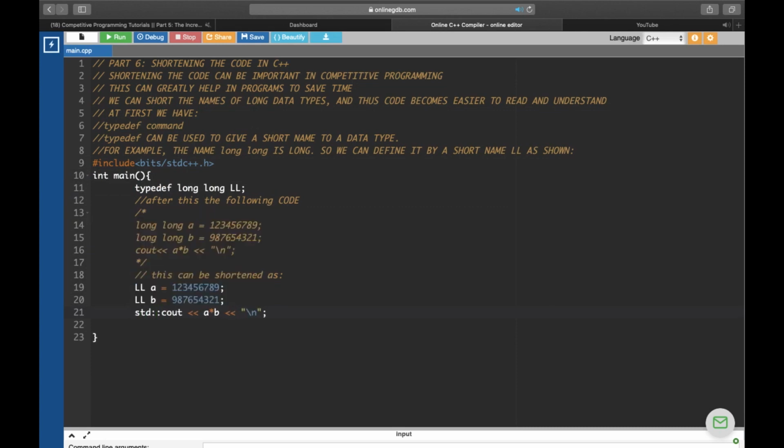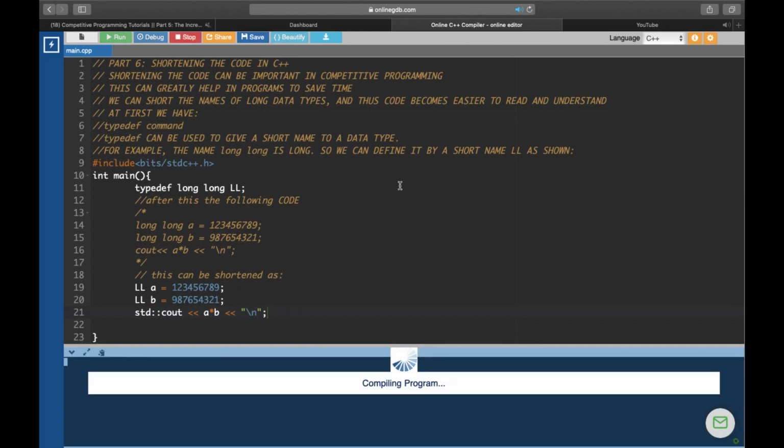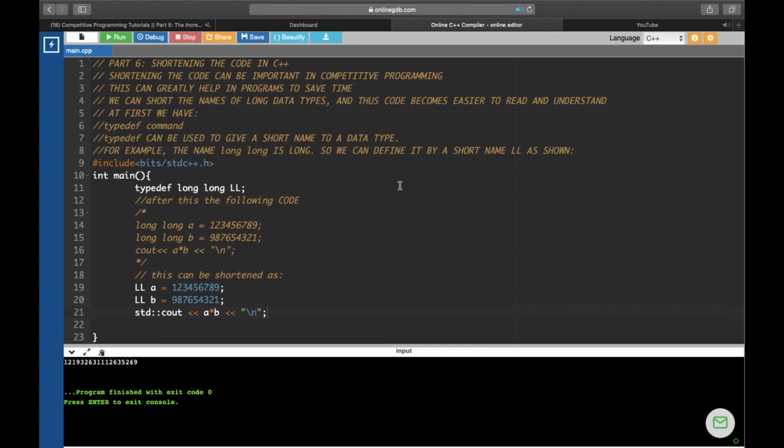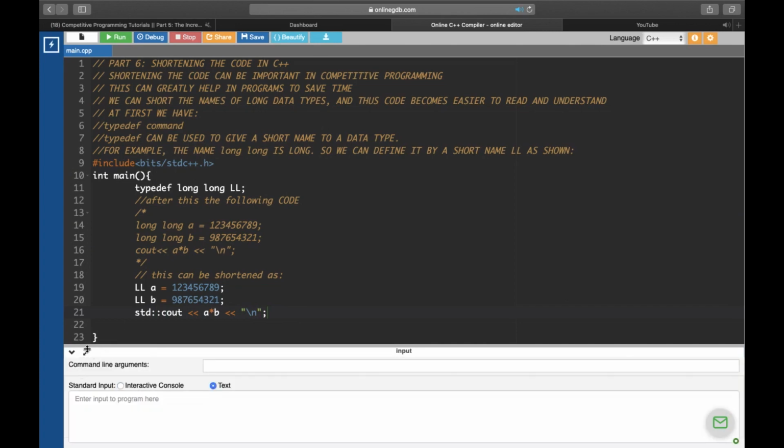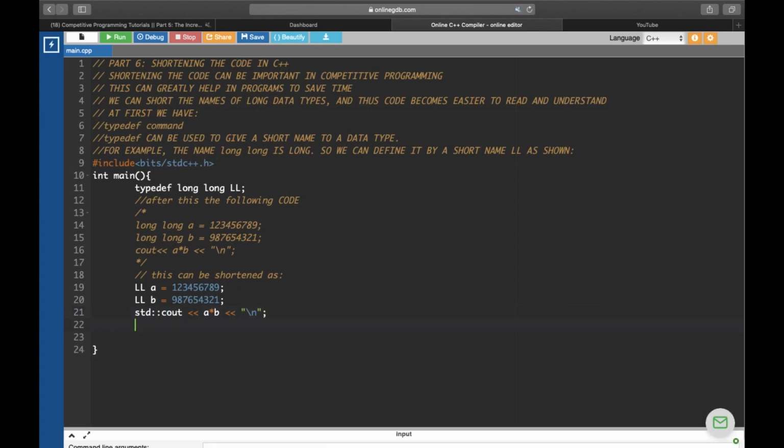When we print the product, it gives the right result in the output without any error. This shows that the typedef statement can be successfully used to shorten the code for a data type